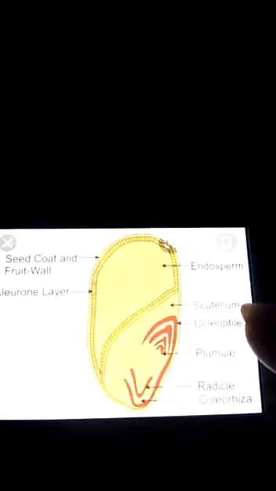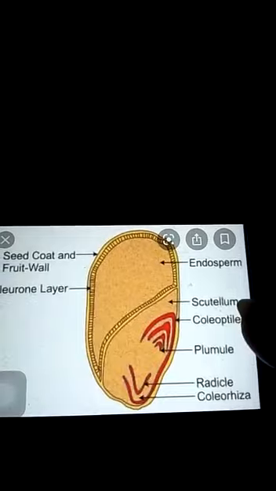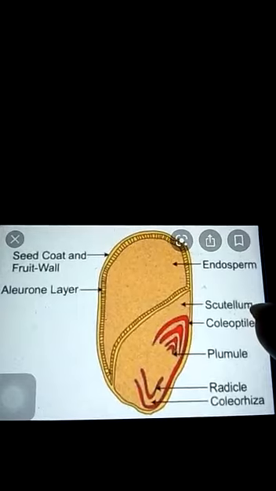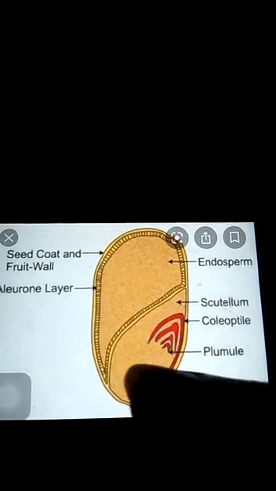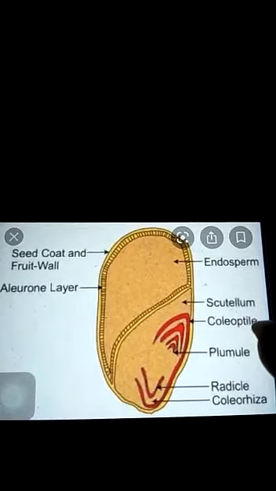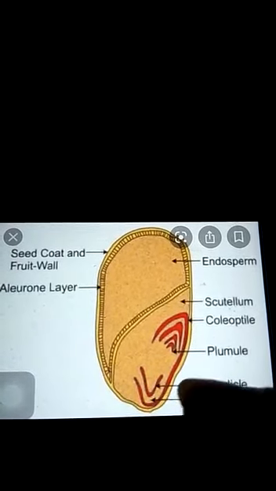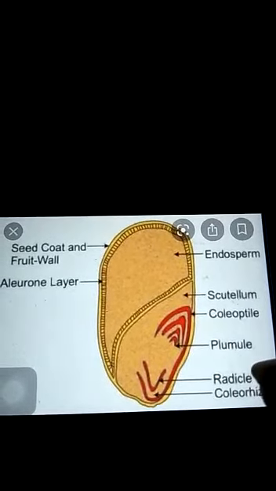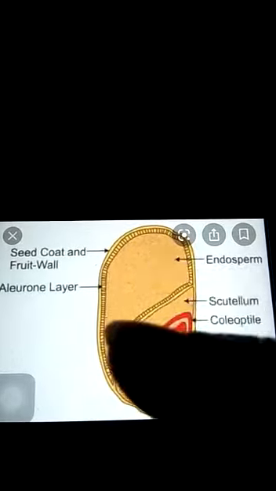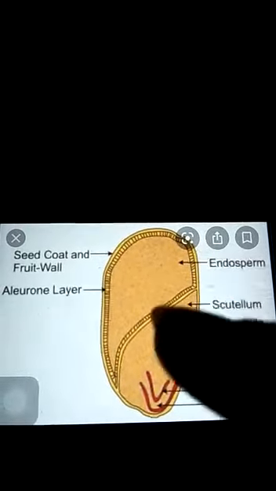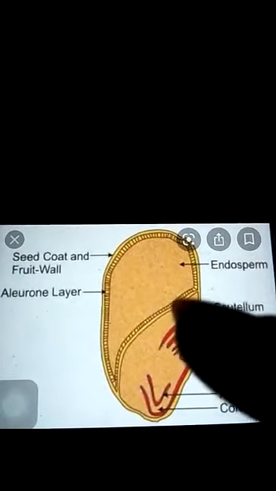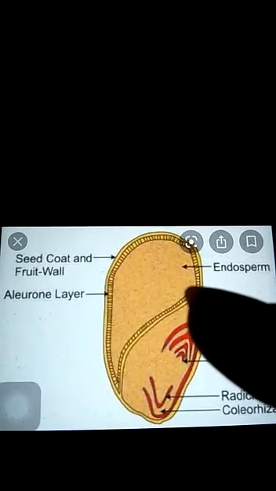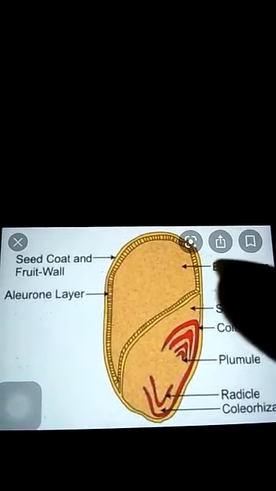If the cotyledon is one in number, then it is a monocot seed. This is the monocot seed, where you can see the single cotyledon, that is scutellum. The plumule is enclosed in a sheath-like structure known as coleoptile, and the radicle, which forms the root, is enclosed in a sheath-like structure called coleorhiza, and a lot of endosperm is present, which stores the food for the development of the embryo. This is the structure of the monocot seed and the monocot embryo. You very well know the monocot seeds are the seeds that cannot split into two equal halves.